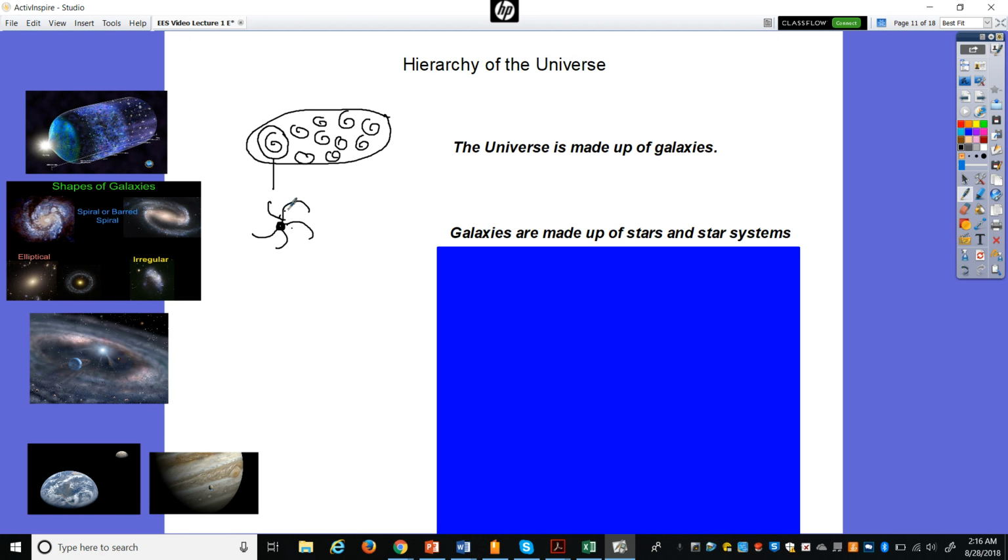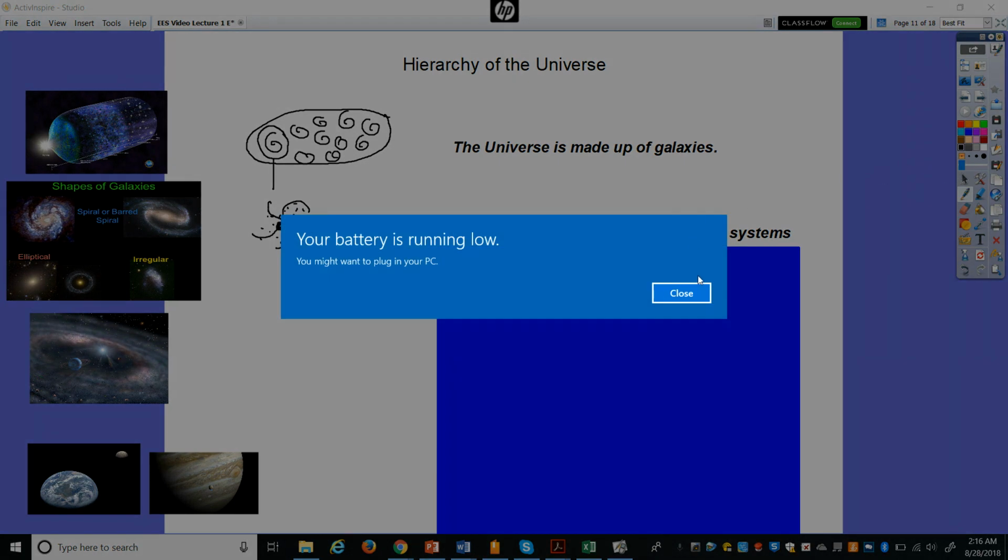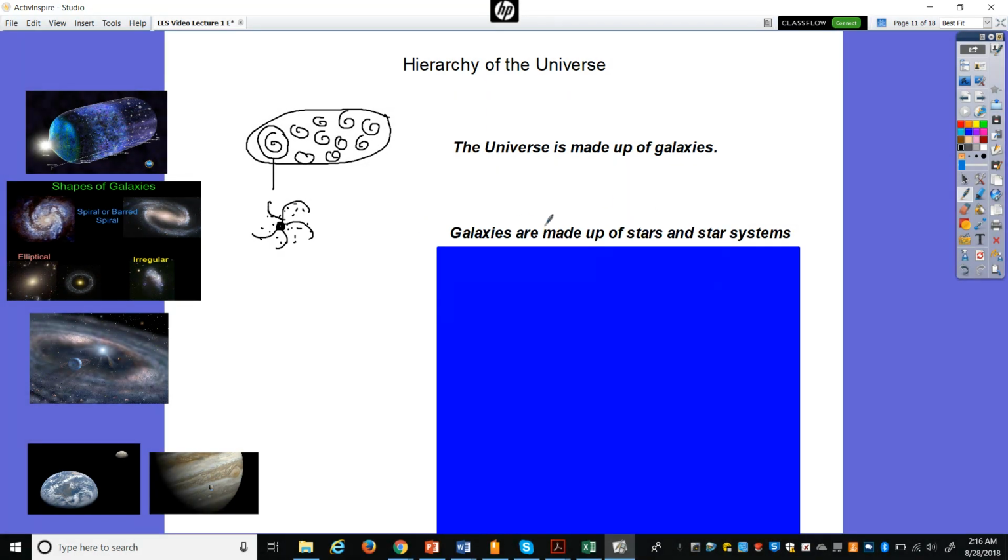So inside of this galaxy is full of stars and star systems. We have three different types or shapes of these types of galaxies. We have spiral, we have elliptical, and we have irregular. And the Milky Way is a spiral one.